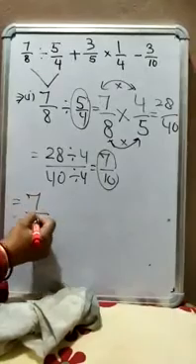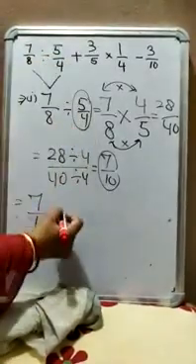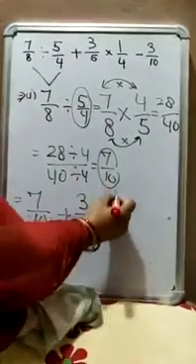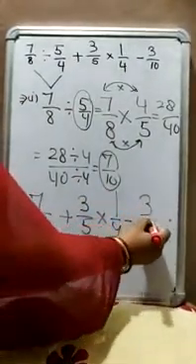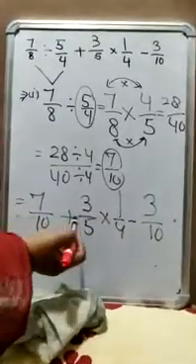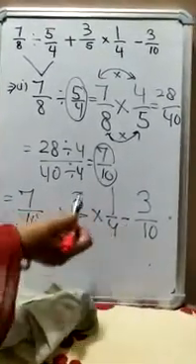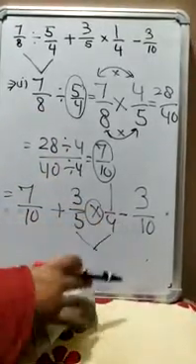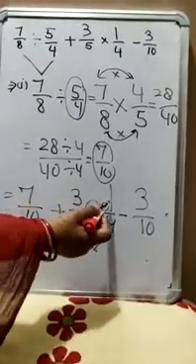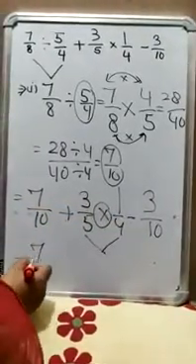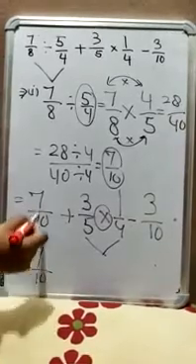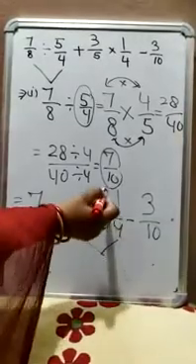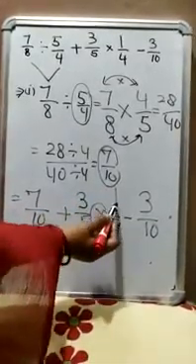So here we will write down 7 by 10, then plus 3 by 5 into 1 by 4 minus 3 by 10. Now come to the next step. Here we see addition, multiplication and subtraction. Which one do we have to do first? Multiplication. So we have to multiply these fractions, 3 by 5 into 1 by 4. Let us start. Write down 7 by 10 as it is. We copy all other numbers and the expression as it is. We solve only this 3 by 5 into 1 by 4.